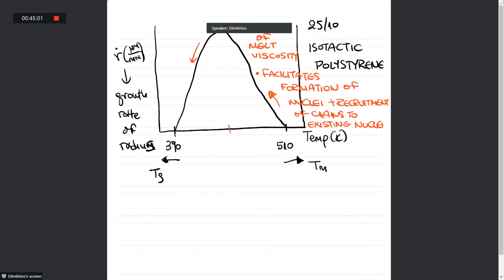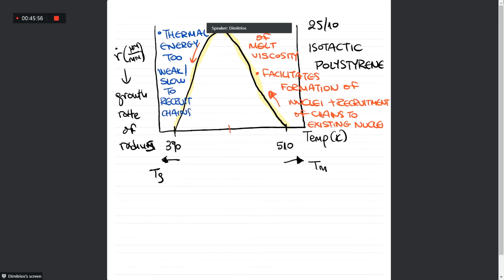So in this region, let me use another color. Here, the thermal energy is too weak to recruit chains. So the graph of the growth rate versus temperature will look like a bell, a Gaussian, let's say, distribution,